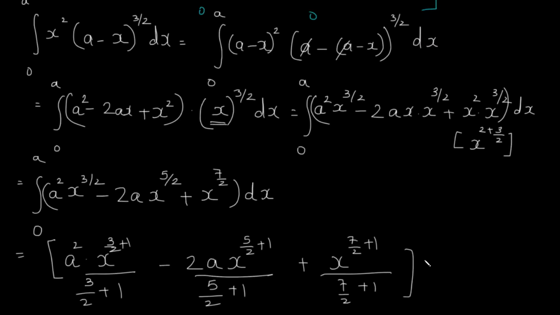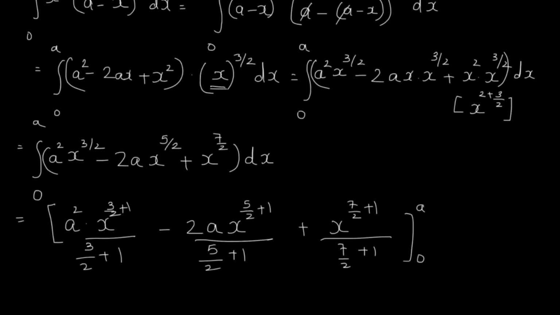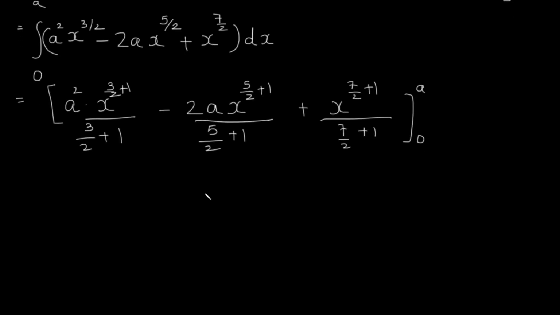The whole thing, we don't write plus c. If you remember, we will be writing from 0 to a. Okay. Then, going further, our terms now are going to become this way. That is a square into x raised to 3 by 2 plus 1, by cross multiplying we are going to get x raised to 5 by 2. Okay, so x raised to 5 by 2 upon 5 by 2